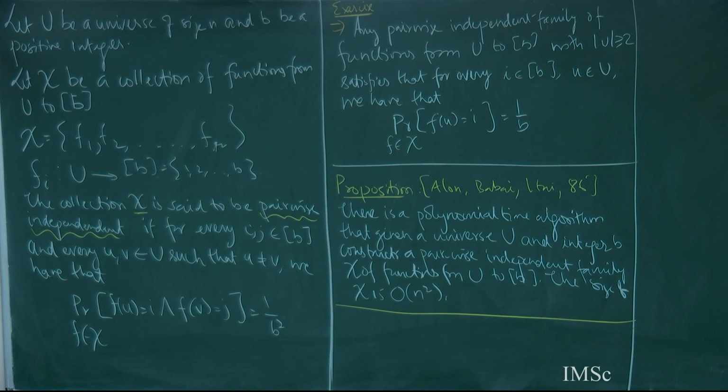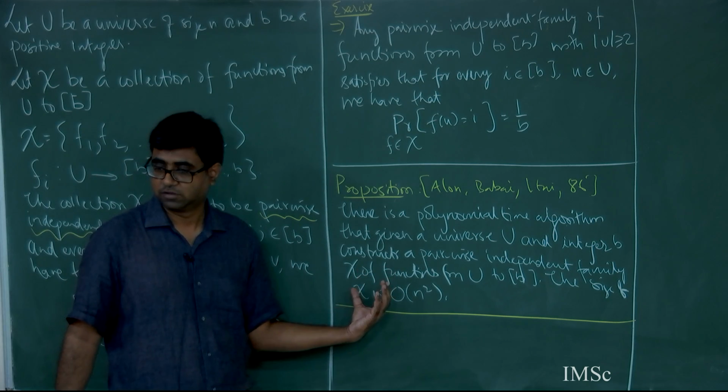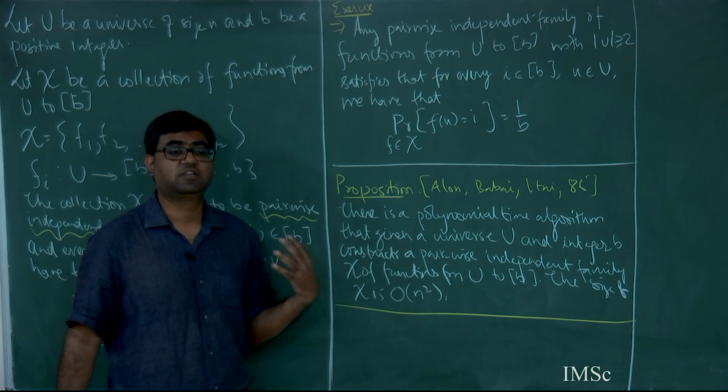Okay. So as I told you before, the way to use this is to first think of chi as all functions from U to B. This is what I spent my last whole lecture on. If you are able to prove some properties about these objects with just pairwise independence, then if you are looking for functions which satisfy those properties, you should be able to find them among these functions, right? That's all. So this is how you should use them.